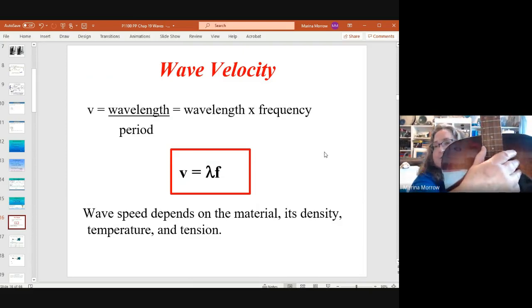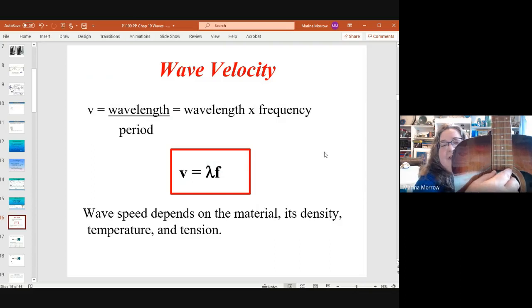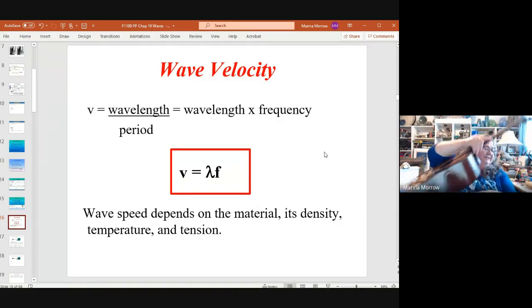So some strings are thicker and some are thinner. And that's referred to as string density. Okay, then it can be different materials too, like is it a nylon guitar string or a metal guitar string like this? So material, density,